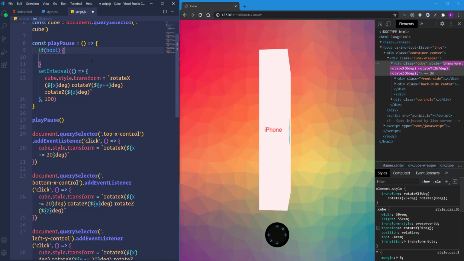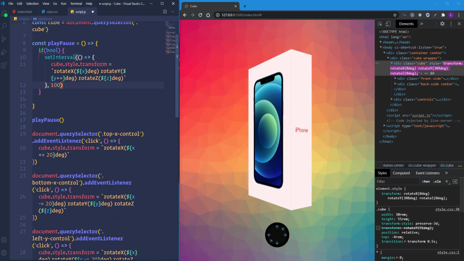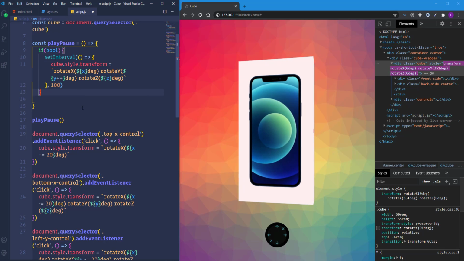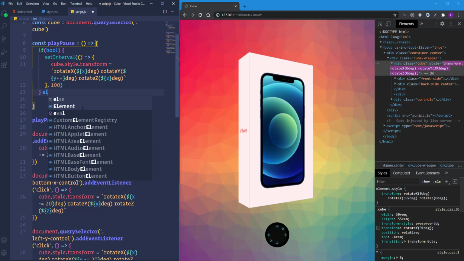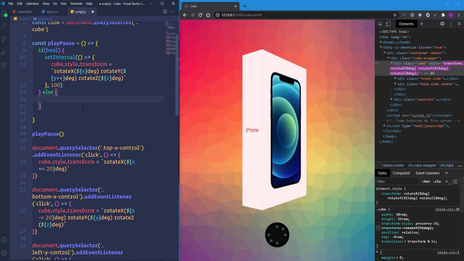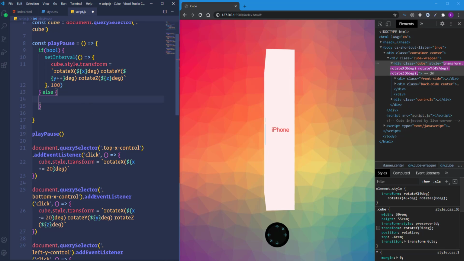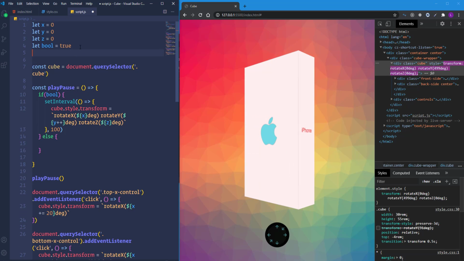So if this condition is true, then we have to run this function, and if it is false, we need an else statement in which we have to stop executing this function using the clear interval method. So in order to clear the interval, at first we need to store it into the variable, and then we have to pass this variable into the clear interval function.